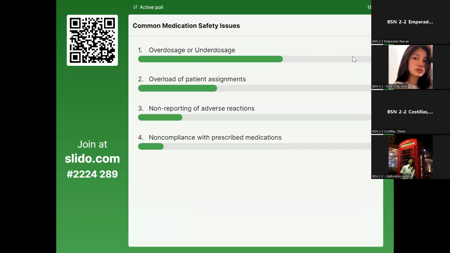The number 4 naman is non-compliance with prescribed medication. This will deal with the perspective of giving alternatives. For example, sir, we don't have an antibiotic of cefuroxime. Can we give levofloxacin? So it must be with the thorough discussion of the healthcare team. It may not be on the decision that okay, same classification naman yan of the drug. Two are both antibiotics. But again, it may have a different indication for the health condition. So that could be a non-compliance.